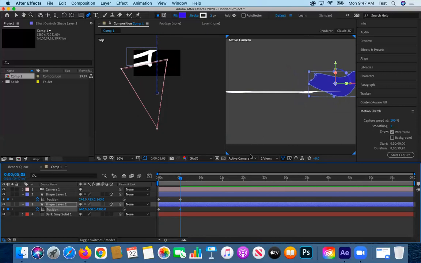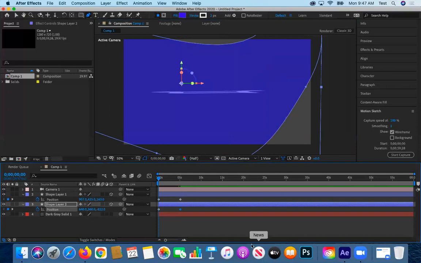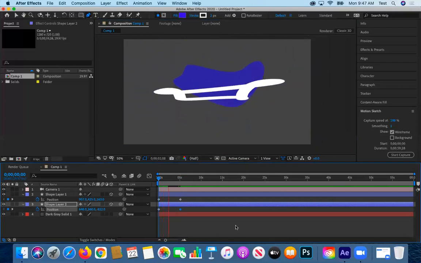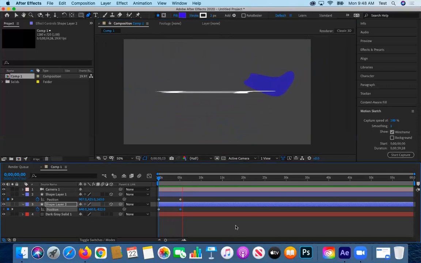So now let's see what this looks like. Let's go back to our one view. The shape is going backwards in space and the other shape is flipping around. And that's just a little bit of an animation of using 3D space. So I think we'll get into some lights and material stuff and rendering perhaps next week before we dive into